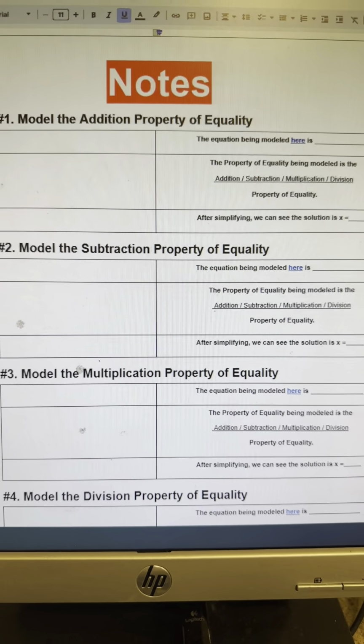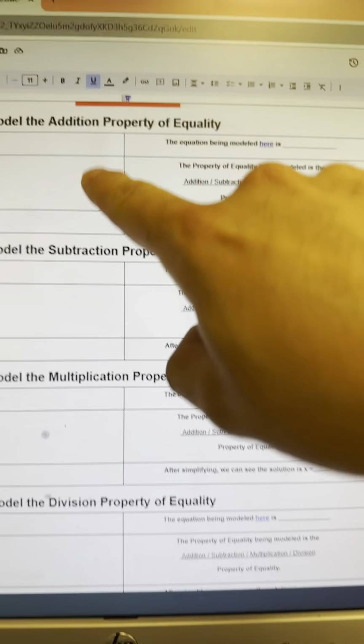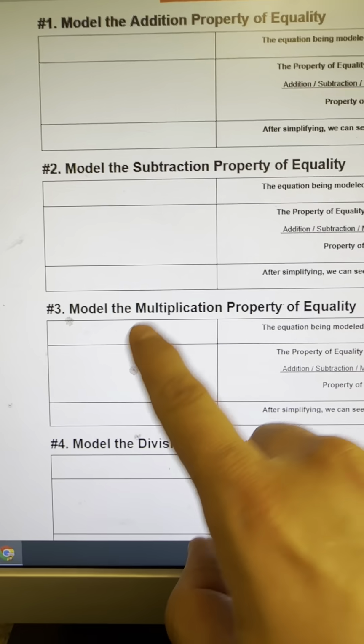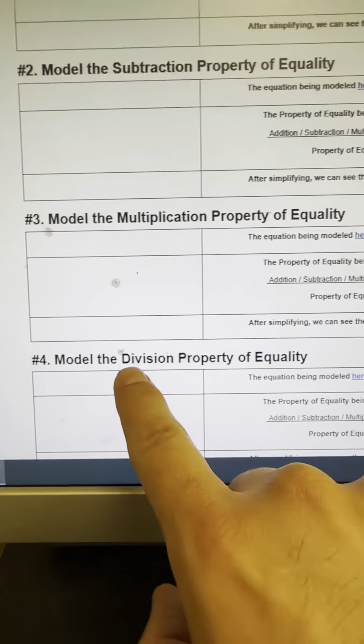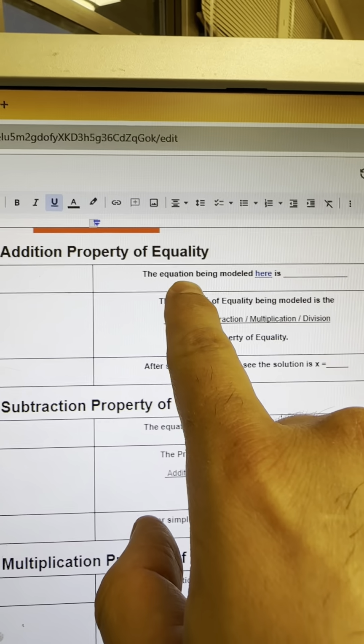All right, so I'm going to walk you through today's notes. So we're going to go over 4 problems. It's going to be the addition property of equality, subtraction property of equality, multiplication property of equality, and the division property of equality. So what you're going to do first is you're going to look at what equation is being